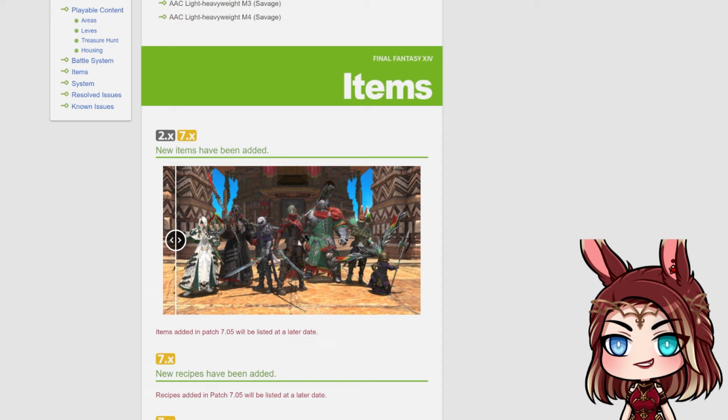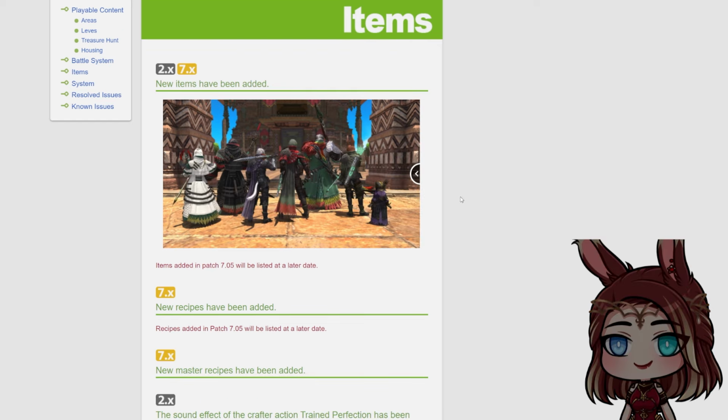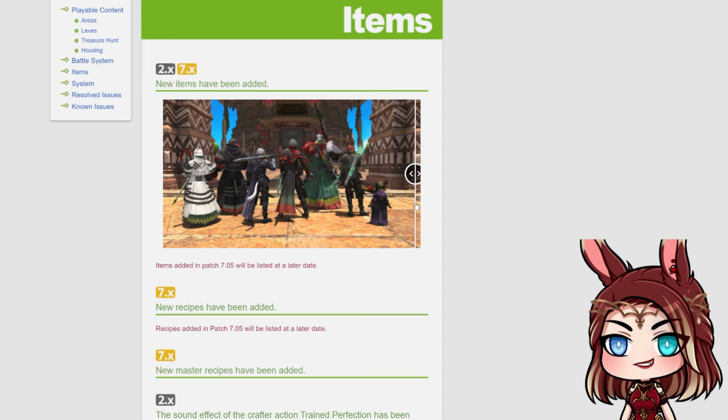So new items have been added. Typically we get some craftable gear and some craftable items with the new Savage, as well as with new map dungeons. It shows gear as this first item. I would say that this is craftable gear, but again, I haven't been in game yet, unfortunately, so I can't